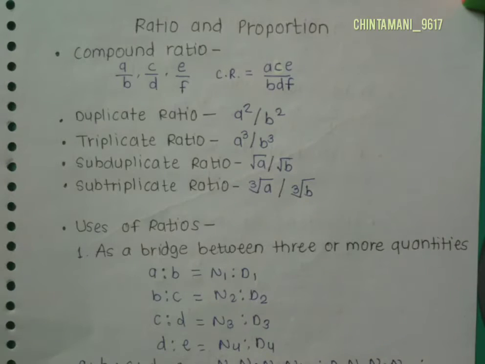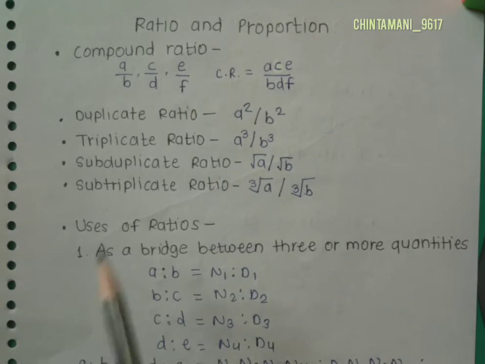So there are some properties of the ratio. The first one is that the value of the ratio does not change when the numerator and denominator are both multiplied by the same quantity. The second is that the value of the ratio does not change when the numerator and the denominator are both divided by the same quantity. The third one is that the ratio of two ratios or fractions can be expressed as the ratio of two numbers.